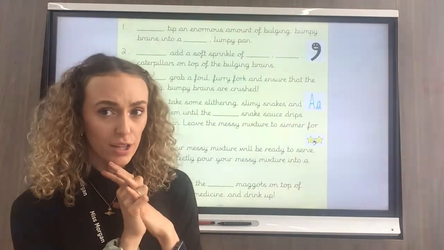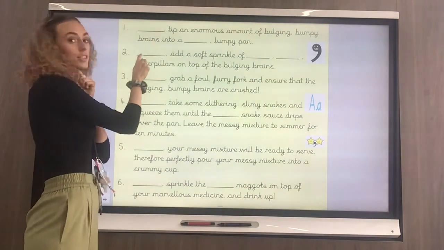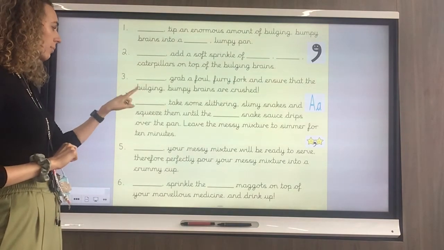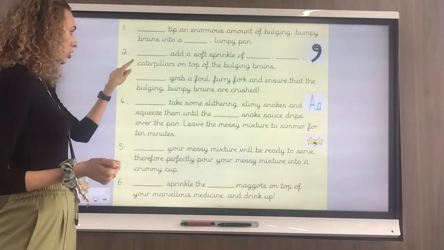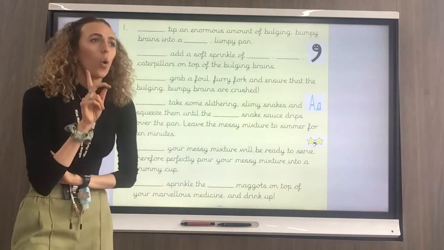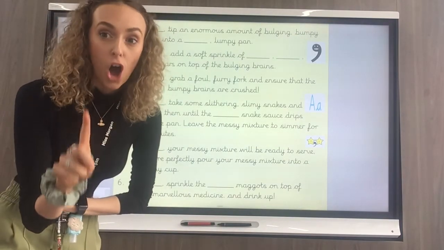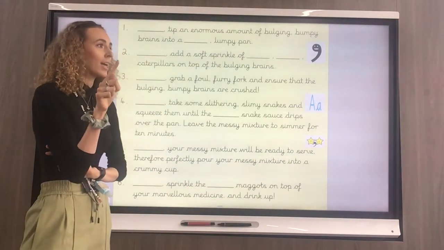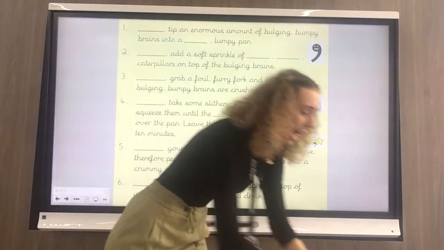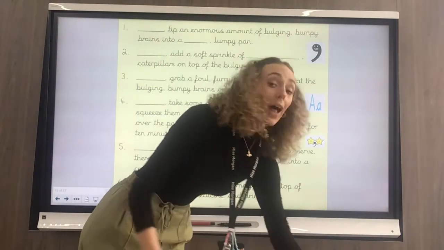And I've got some words missing. And where my missing words are, I have some lines, okay? So most of my lines start my sentences for my instructions. So what do you think they are going to be? What's so special about instructions at the beginning of a sentence? They start with a time conjunction, okay? But you are going to choose your own time conjunctions to put in. In fact, you can use your work from earlier, your time conjunctions, to help you.